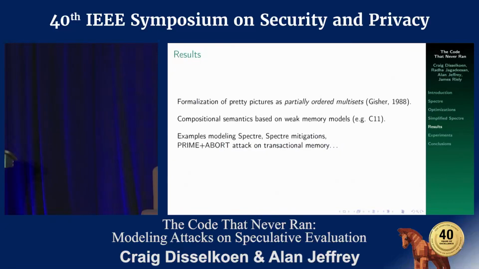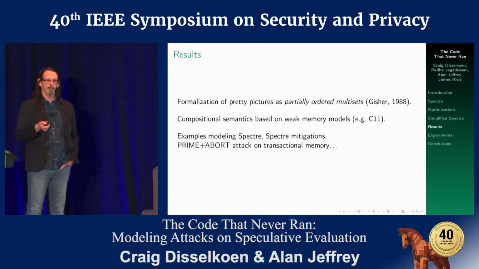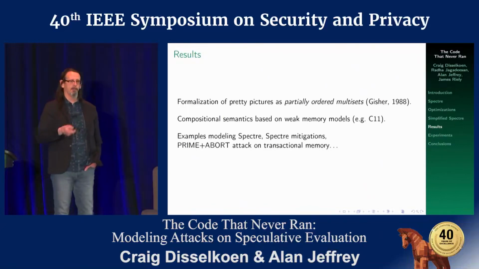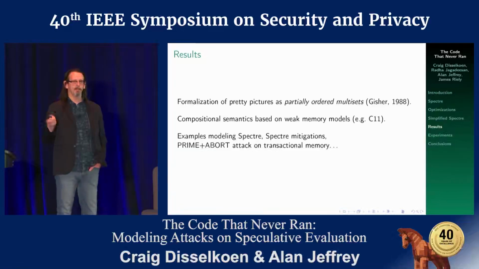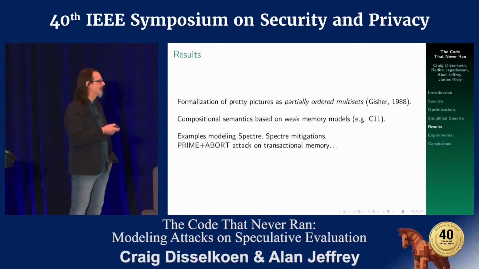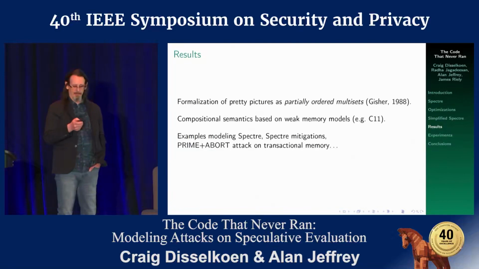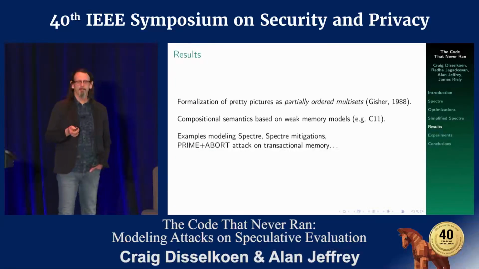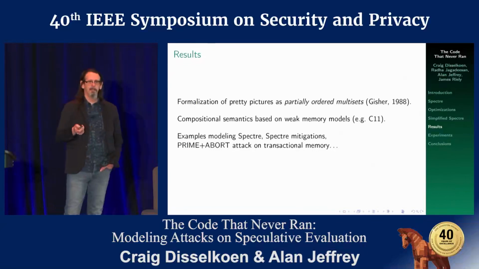Those pictures I've just shown you are actually formalizable. There is a formal model behind that based on partially ordered multisets, and using that we can build a compositional semantics. If you're familiar with the way C11 semantics looks, there's not that much of a surprise there. We've got examples of how you can use that to model Spectre, Spectre mitigations, and attacks on